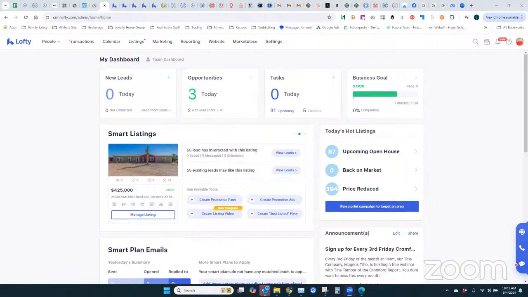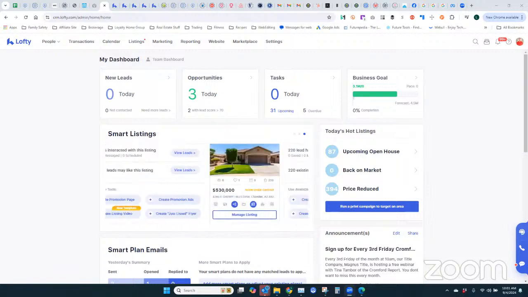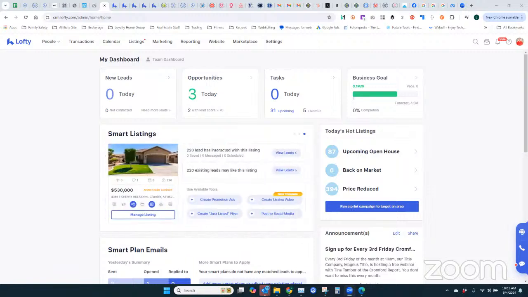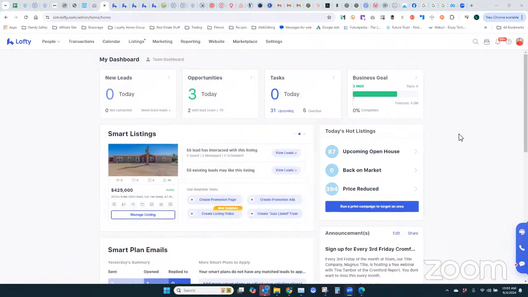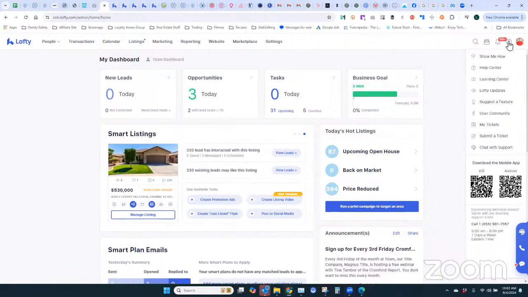One of the biggest things that I've noticed with Lofty, especially recently, is that some of the updates are really timely. If you don't know, and I'll just show you this, if there's ever a time where you're like, look, I wish I could do this, all you have to do is right here where you have this question mark, you have these options where it says suggest a feature. So if you hit suggest a feature,